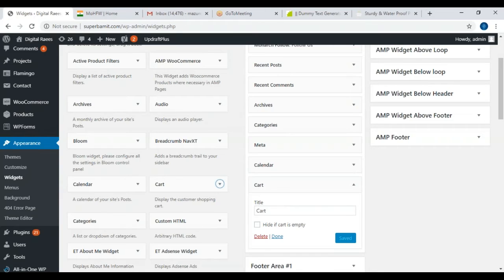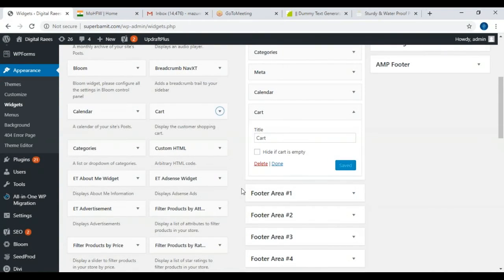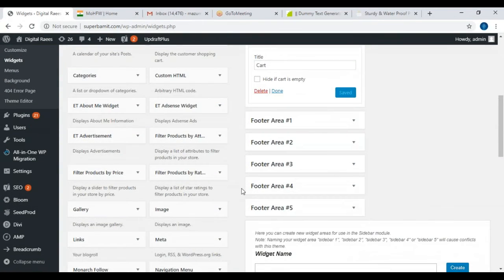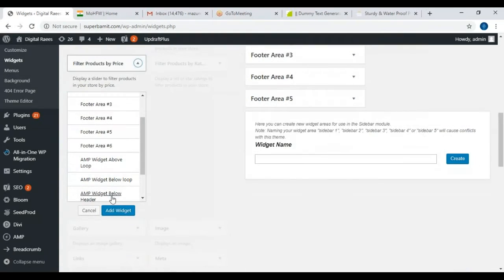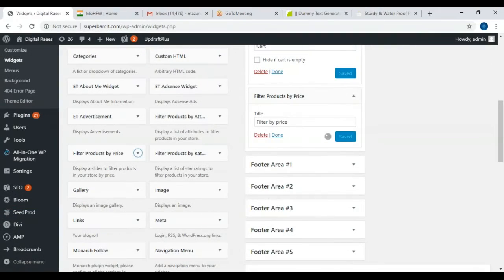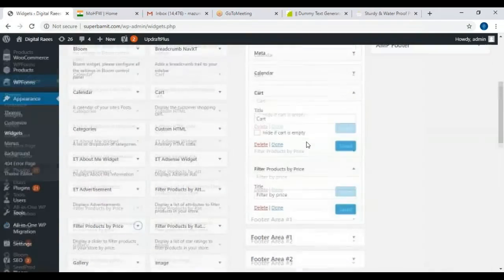So everyone add cart in your widget, and the second widget you have to add is filter products by price. So these two widgets you have to add.